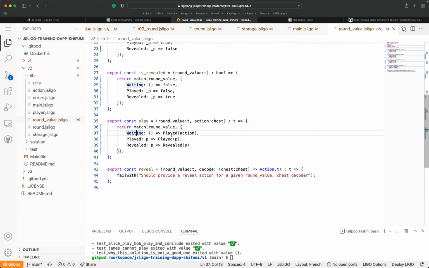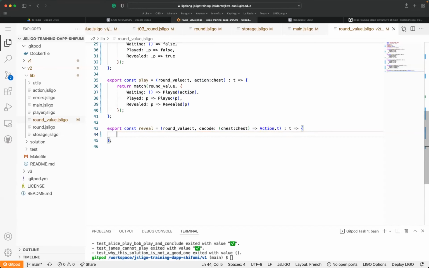Okay. And then after here, the decode is a function. I propose a function with a chest which will retrieve an action in order to hide all the complexity. So here the reveal can be simply implemented, returning a match of the round value.